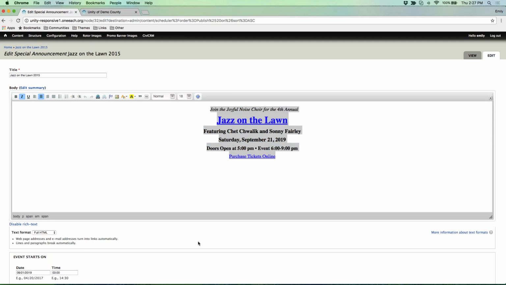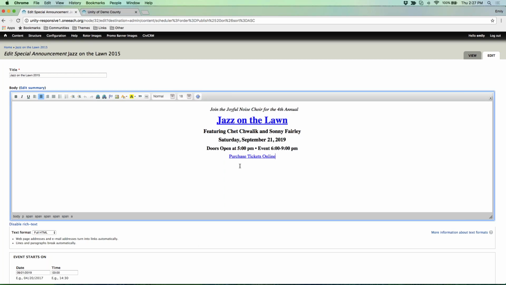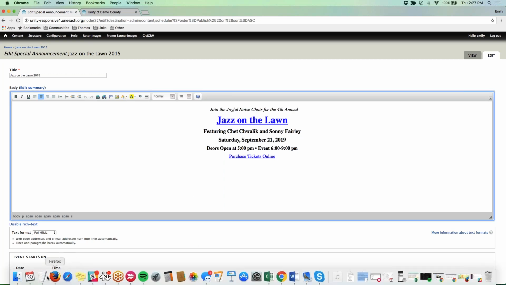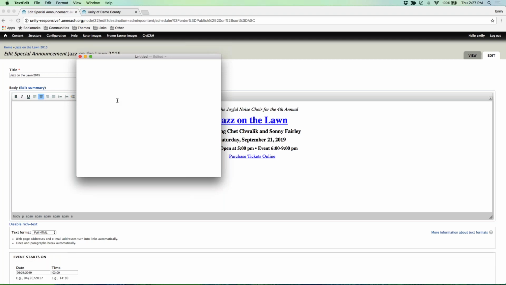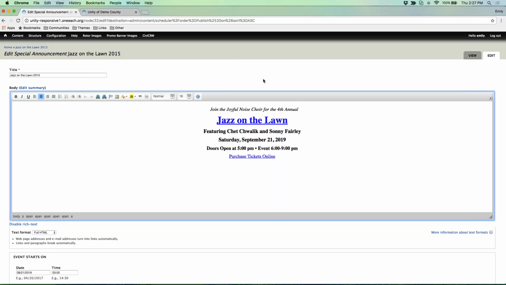rotor images. Please be aware, just like any other page on your site, that if you are copying and pasting into the body area, you'll want to use either a notepad item or a text edit item. If you're on a PC, you can use Notepad. It's a free accessory item you should already have. And similarly, if you are on a Mac, you'll want to use a text edit item. Both will give you the ability to copy and paste as plain text, which will remove any extra formatting that you might not see, that you might incur by copying